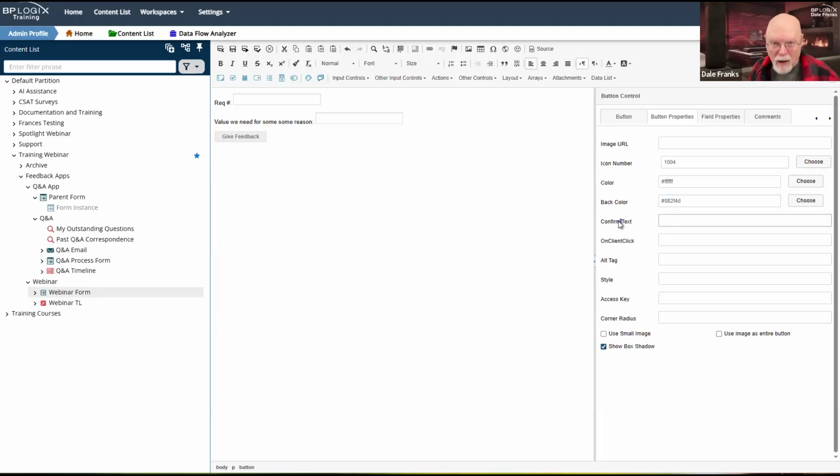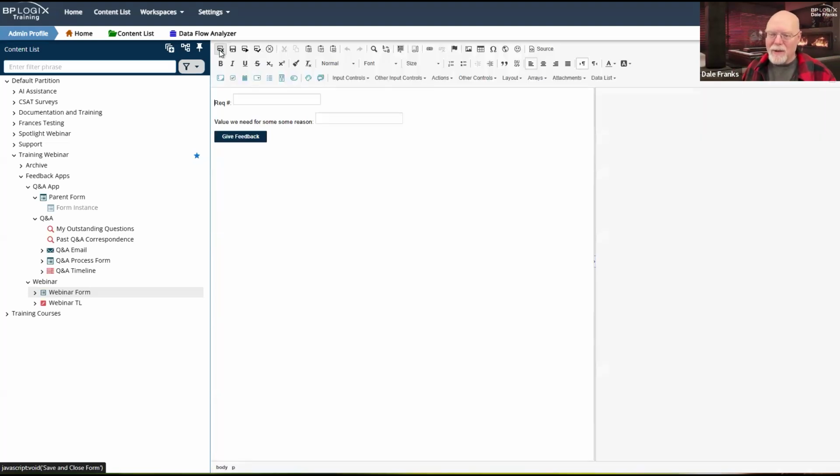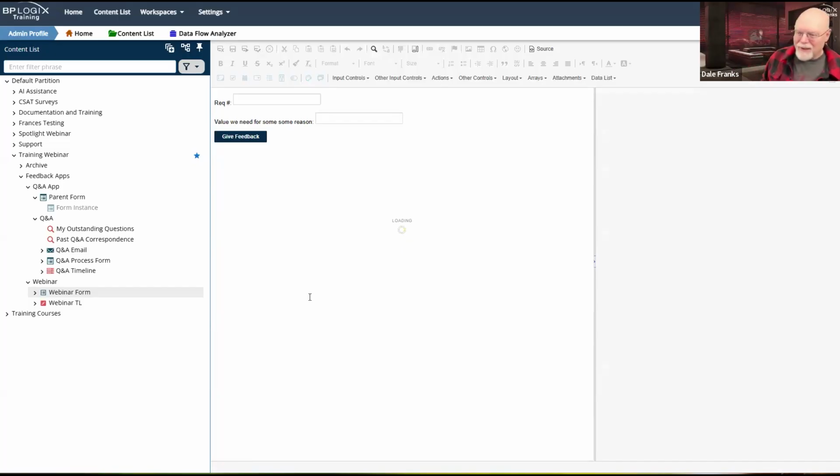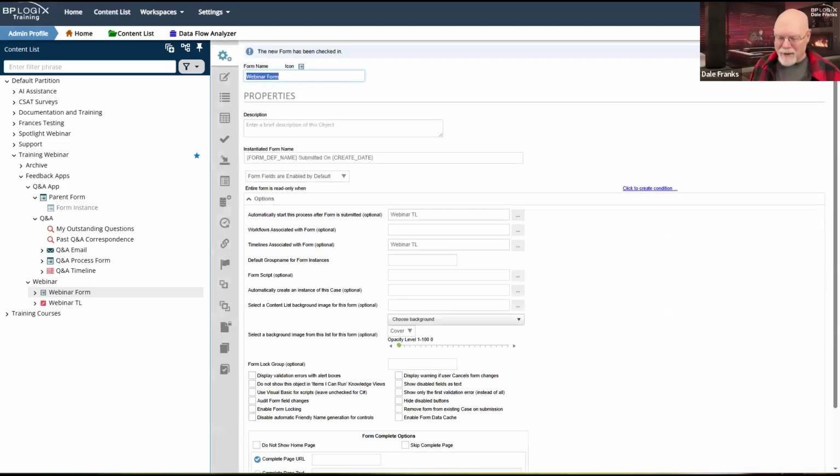Obviously, if you want to add some confirmation text here that will throw up a confirmation dialog box before the button action is invoked, you can do that. All the normal button configuration stuff applies here. But for now, I think that's all we really have to worry about with our main form. And I clicked the wrong button. I wanted to save and close, and all I ended up doing was saving it. Okay, well, now let's save and close again. And we'll wait for our spinny to stop. And there we go. Now we can move on.